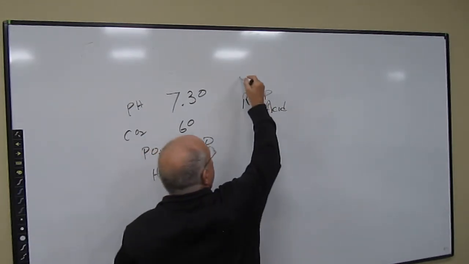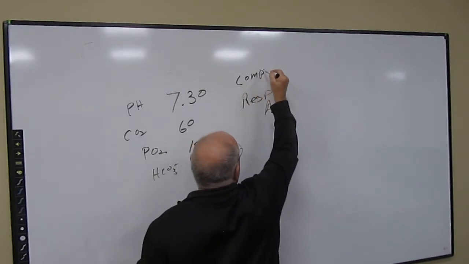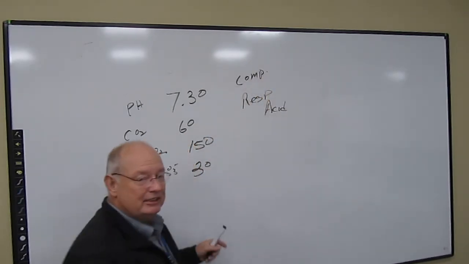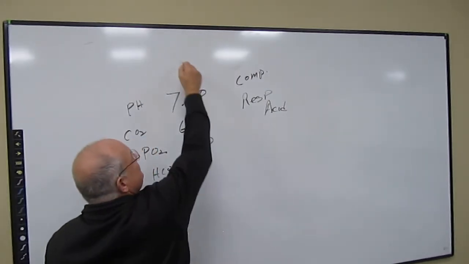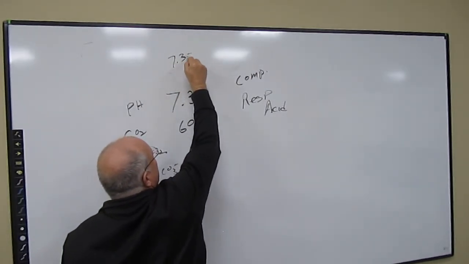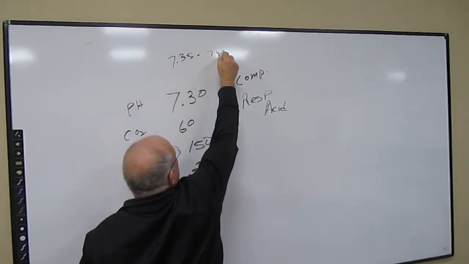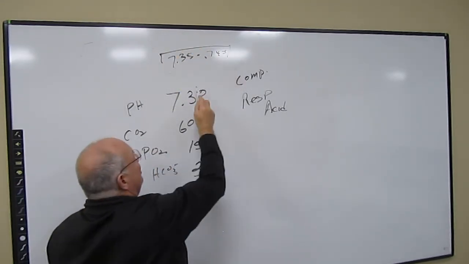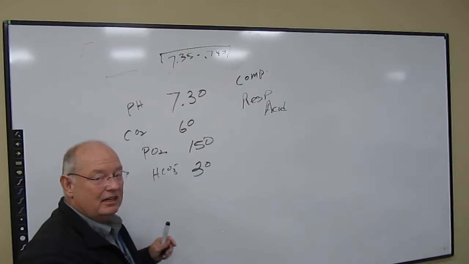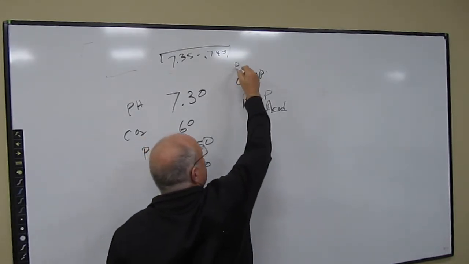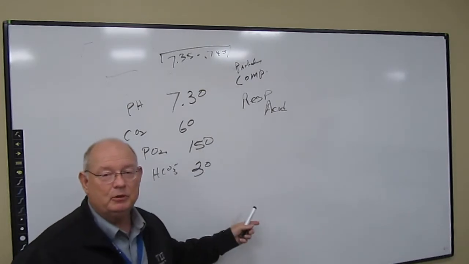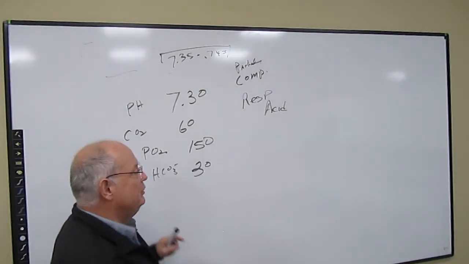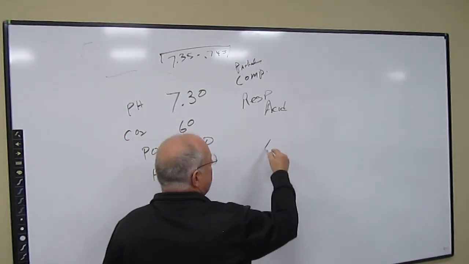So we have a compensating respiratory acidosis. Has it moved the pH back into its normal range of 7.35 to 7.45? No, it's still acidotic. So it is only a partially compensated respiratory acidosis. Now let's say your patient, you've just arrived your patient, and he's on 100%